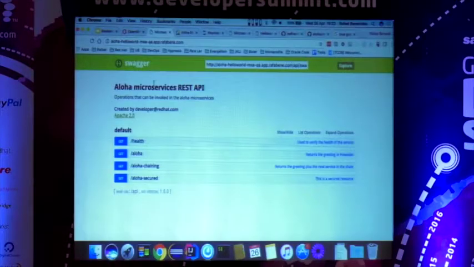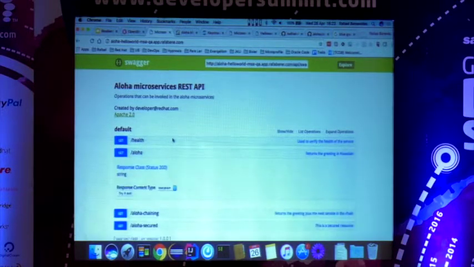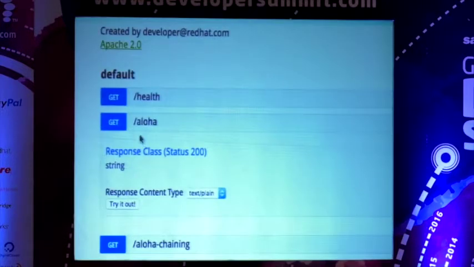I have here in microservice a Swagger app. Swagger allows me to specify REST endpoints using a JSON file. And it also allows me to use this interface to try my microservices. So for example, I can use my own microservice to test itself by clicking on this button in the endpoint